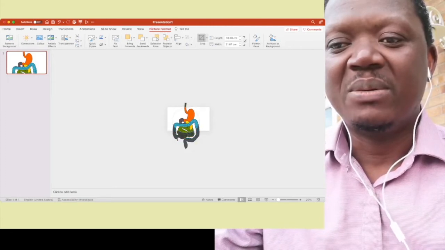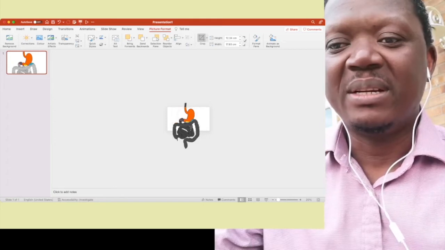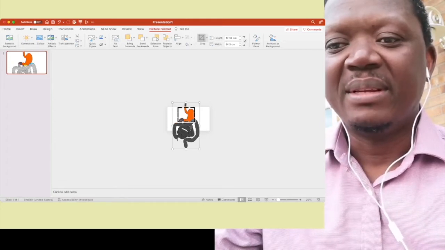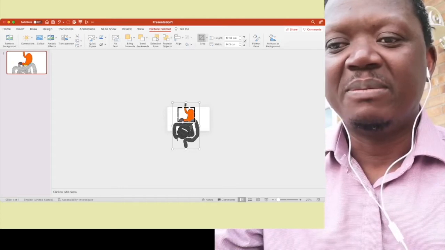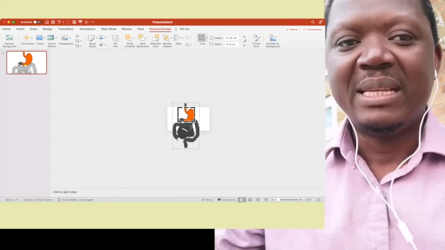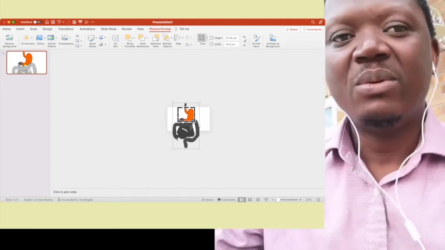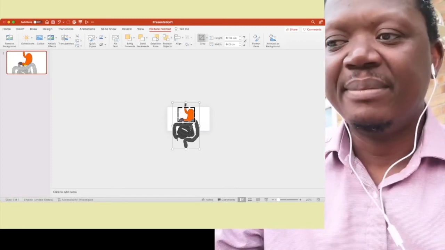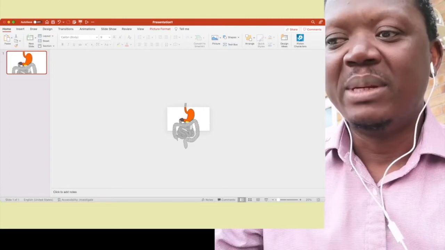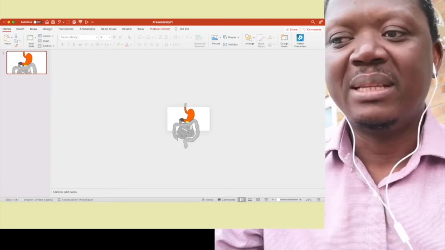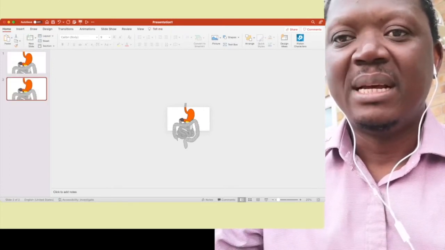Crop this down, perfect, and I keep cropping only for the interest to show only the stomach area. A little bit more, perfect. So you leave it there. That has been achieved. Then go to the left panel, you duplicate that, click on it, duplicate the slide, and